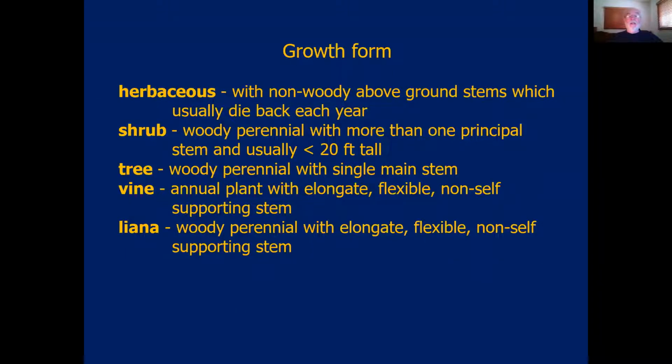And of course, the last one, we don't have it in California, lianas. Lianas are woody perennials with elongate, flexible, non-self-supporting stems. You can see the definition is almost exactly equal to the vine. The main difference is that vines are herbaceous and lianas are woody. So vines are to herbaceous plants what lianas are to trees. Lianas are really climbing trees, trees that climb on top of other trees and avoid making large trunks or investing